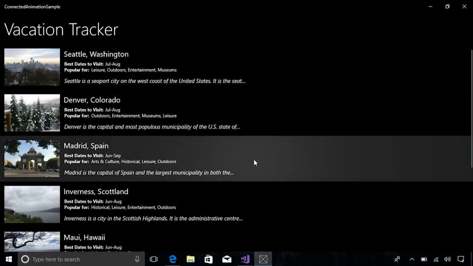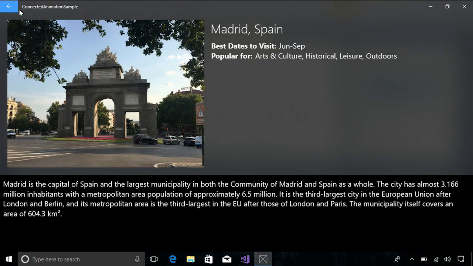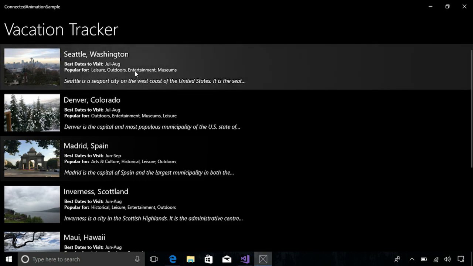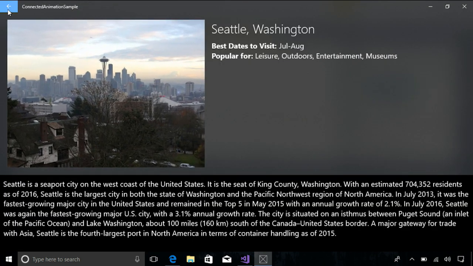Here we see a list containing several vacation destinations. If we click on one, we can see the thumbnail image in the list connecting to the larger image on the detail page. This is the connected animation. However, if we attempt to navigate back, notice that the large image does not connected animate back to its previous